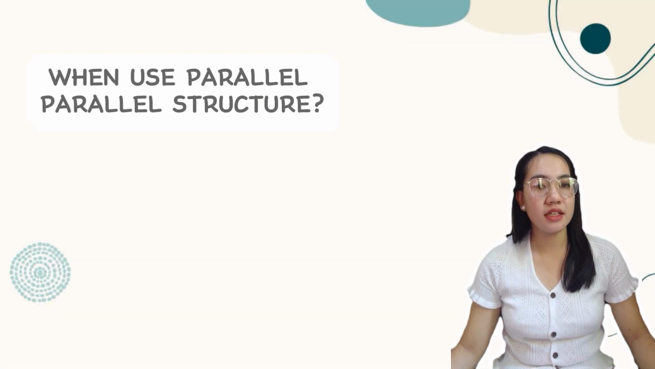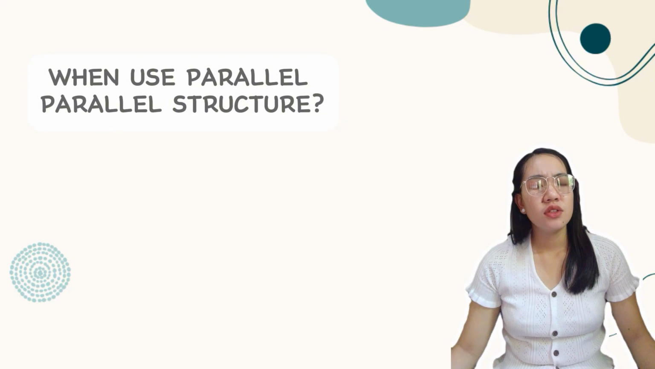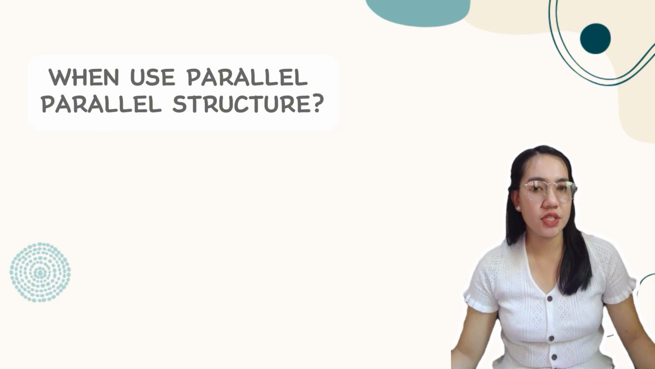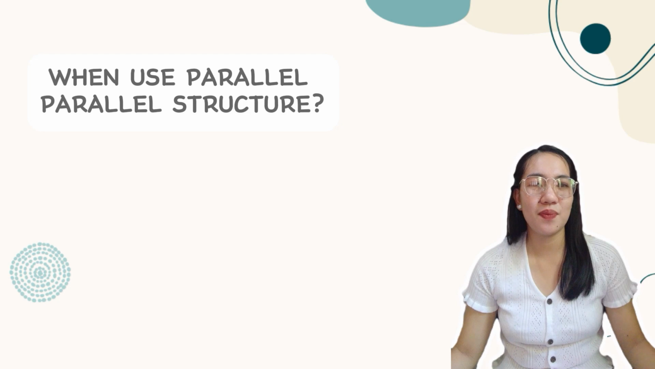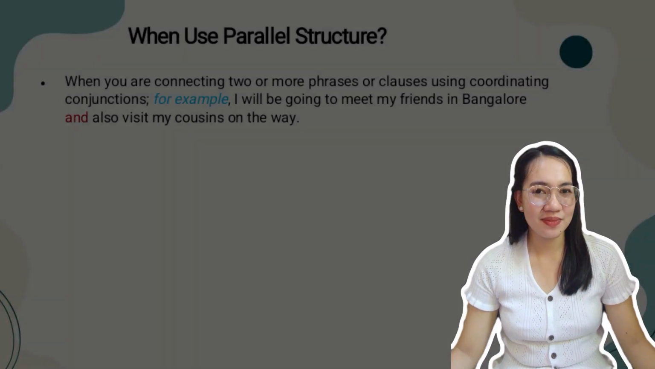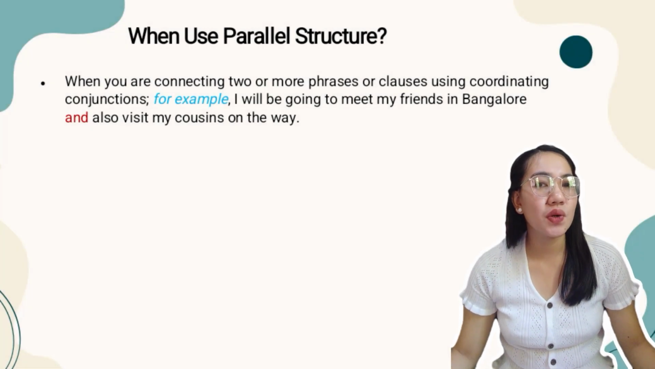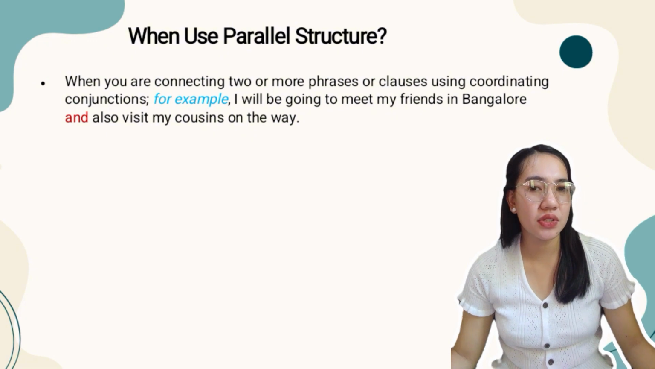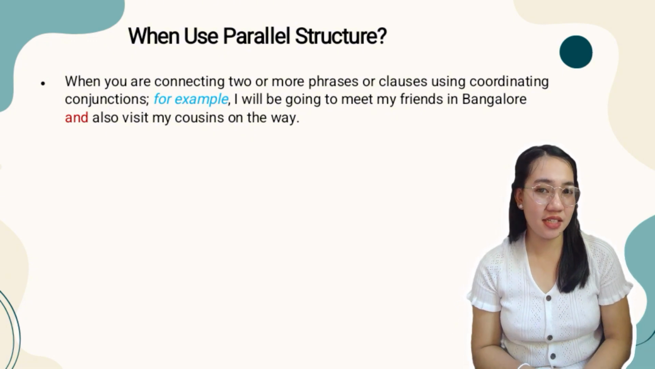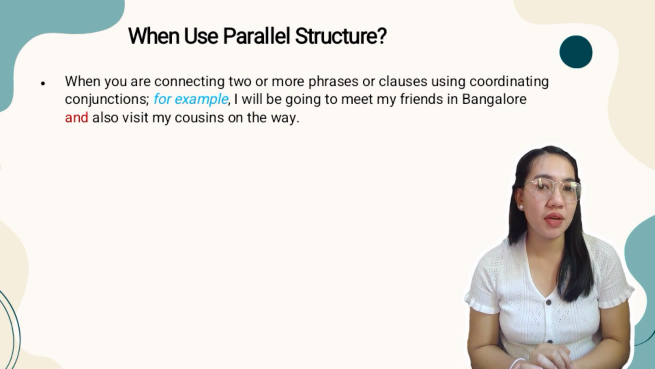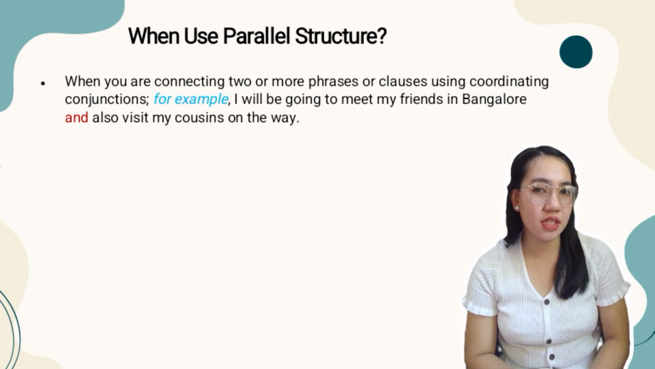When to use parallel structure. Knowing when to use parallelism is as important as knowing how to use it. Read on to learn where and when the parallel structure is applied in sentences. When you are connecting two or more phrases or clauses using coordinating conjunctions. So, for example, the sentence, I will be going to meet my friends in Bangalore and also visit my cousins